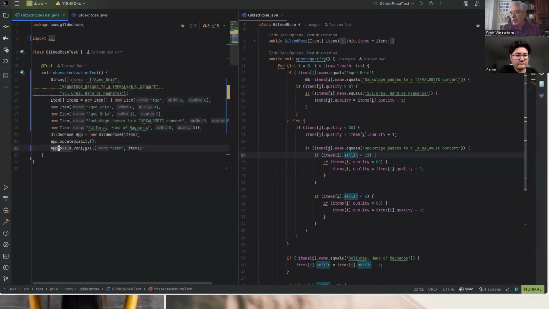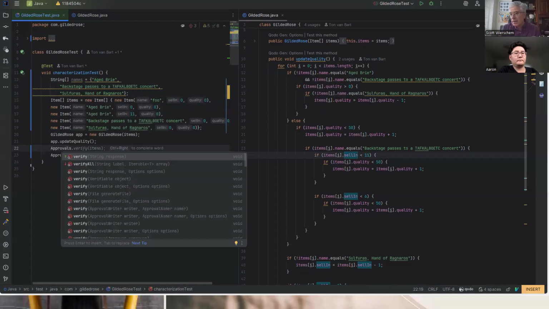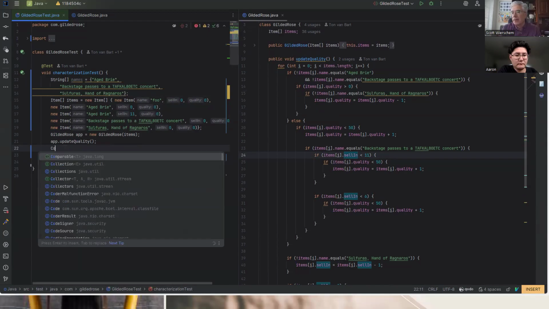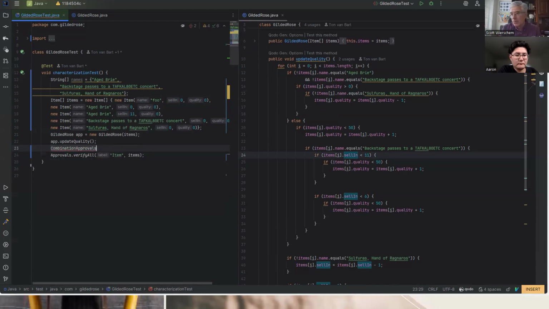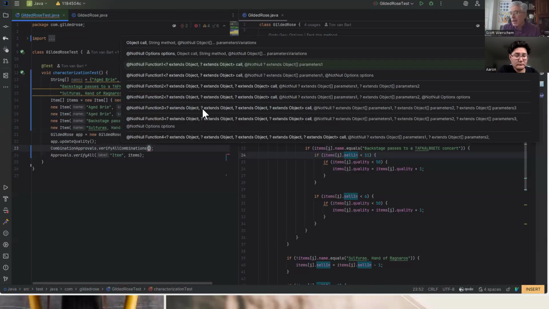So now what I can do is say approvals dot, is it combination approvals dot verify all combinations. Okay. And so I can then say, basically I'll pass in a function. So this would be name such that